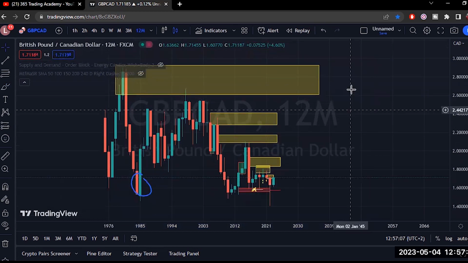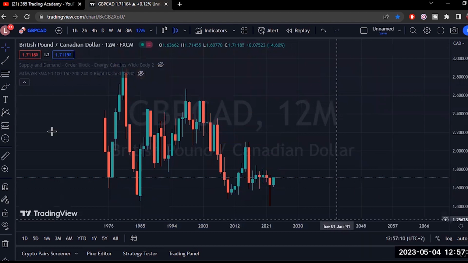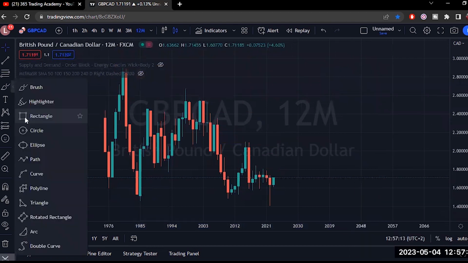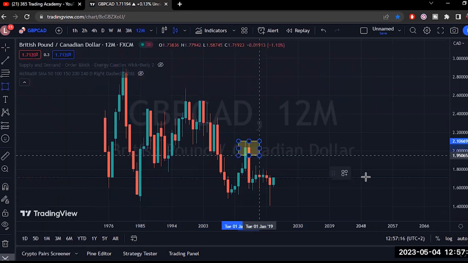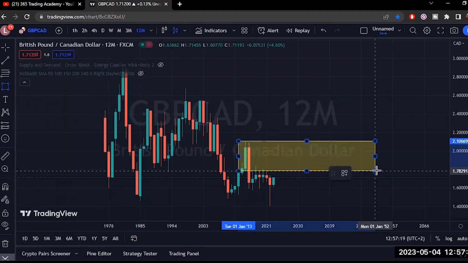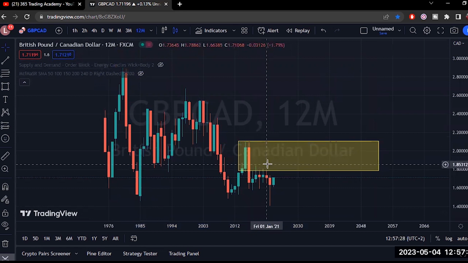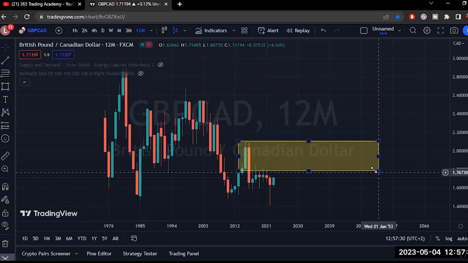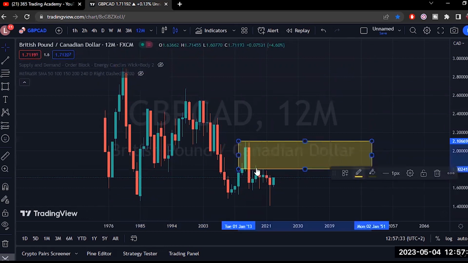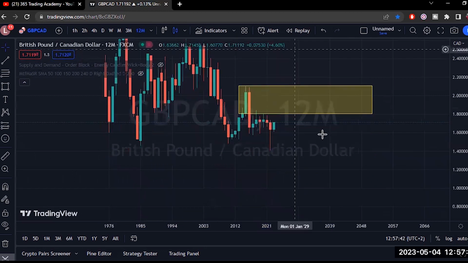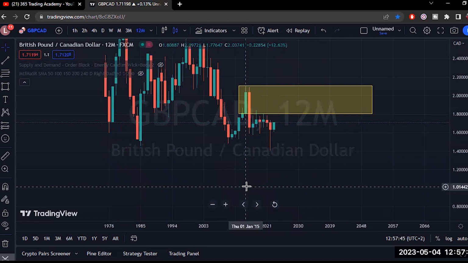If I remove all drawings, just to quickly show you something in a much clearer format, you would agree with me, I'm sure, that right now, price has made its way back up to a supply. We look at the area of competition, right? We'll say the first touch was 2018, but there were multiple touches, 2019, 2020, 2021, etc. And then when we use our proximal line and ignore the area of competition, we still get a similar effect, 2018 at least, 2020 at least, and then massive consolidation to the downside, right? So we've got a supply in control if you were to just zone out the noise, right? So what you really want to be looking at is a long-term move to the downside.